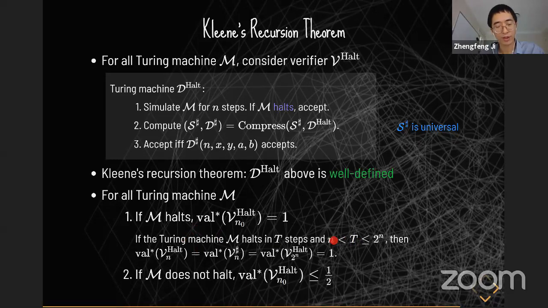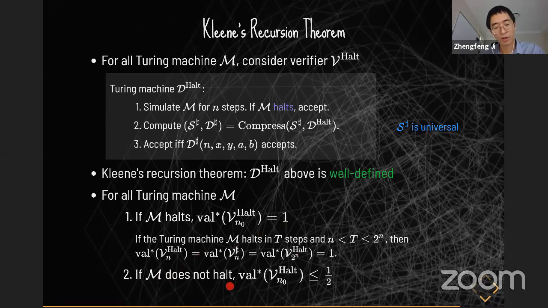because t is larger than n, it doesn't really halt except in the first step. So we move on to the second step, and we'll only decide accept if D-sharp accepts. So it's the value of the compressed game, and by the compression theorem, this V-hat at the index of 2 to the n is of value 1 because t is less than 2 to the n, and by the definition the verifier accepts, so that equals 1, and then the compression theorem says that this value is also 1. So by similar arguments, you can prove that no matter what t is, as long as it's some fixed integer, this value is 1, and you can prove that when M does